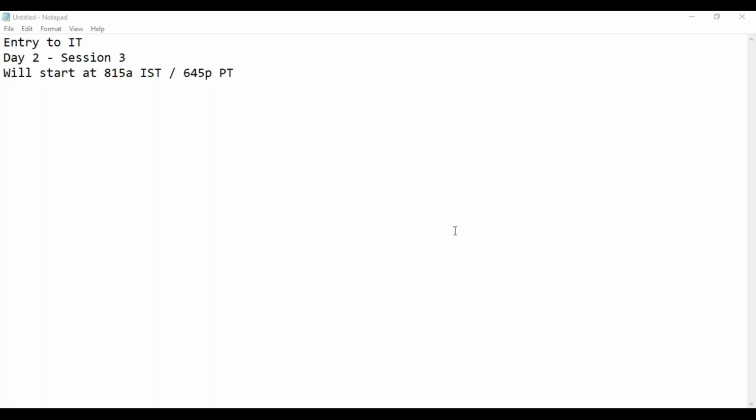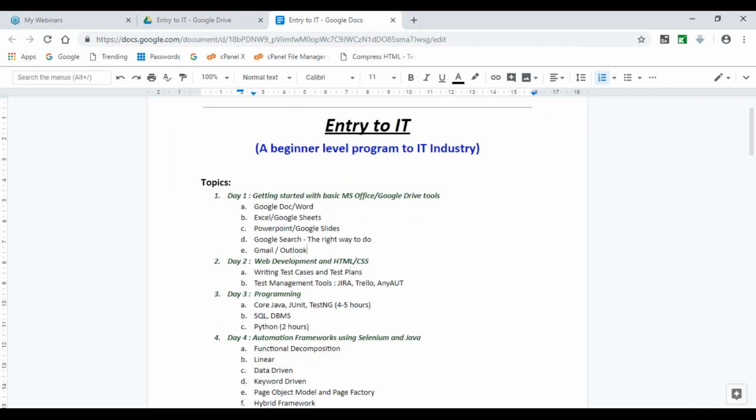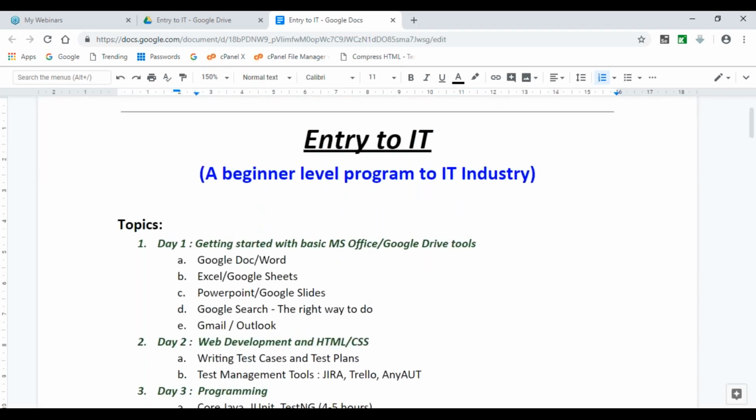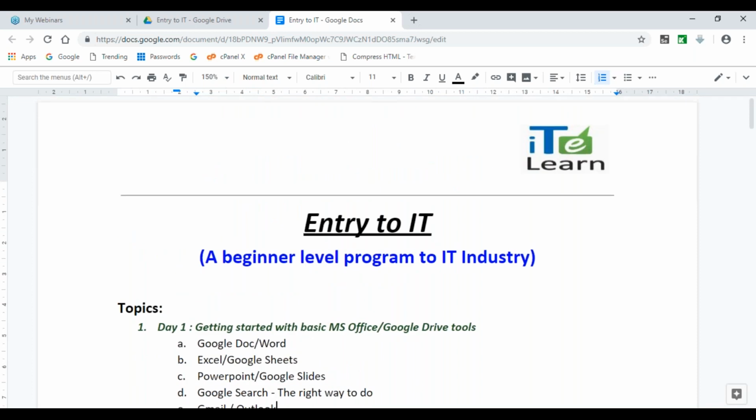First session of day 2, but overall we did 2 sessions yesterday, and we covered very fundamental concepts regarding Google Documents and Google Sheets. Google Document as a representation of Microsoft Word, a cloud-based version that brings a lot more collaborative benefits over a period of time. But what we focused on, as part of our entry into the IT industry, is the component called documentation, which is very